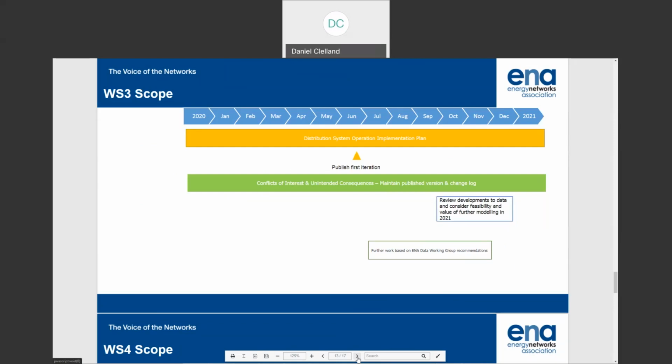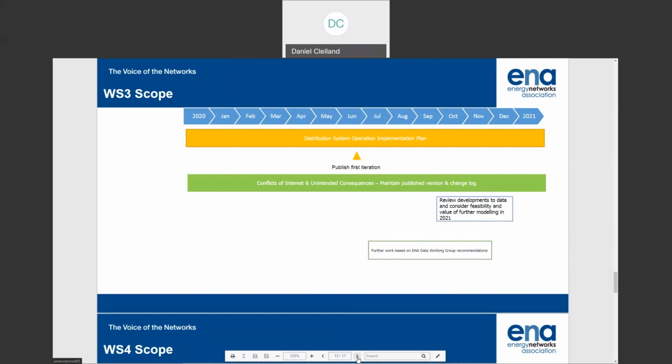So we are now taking that model of distribution system operation, and we are looking at the practical steps to implement the functions and activities associated with distribution system operation through the next regulatory window and beyond.